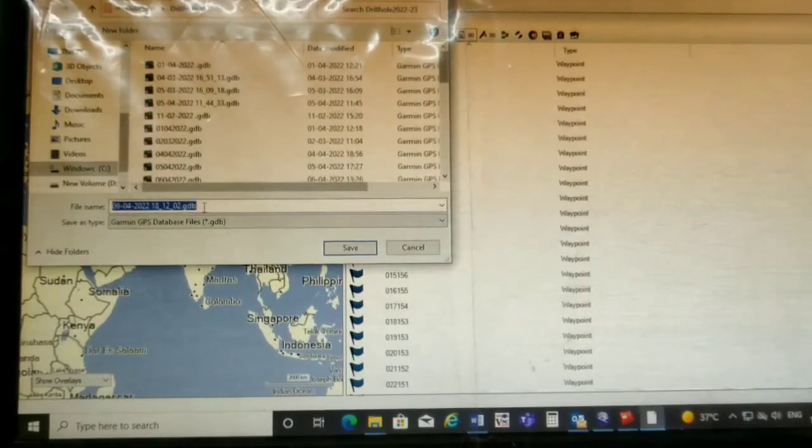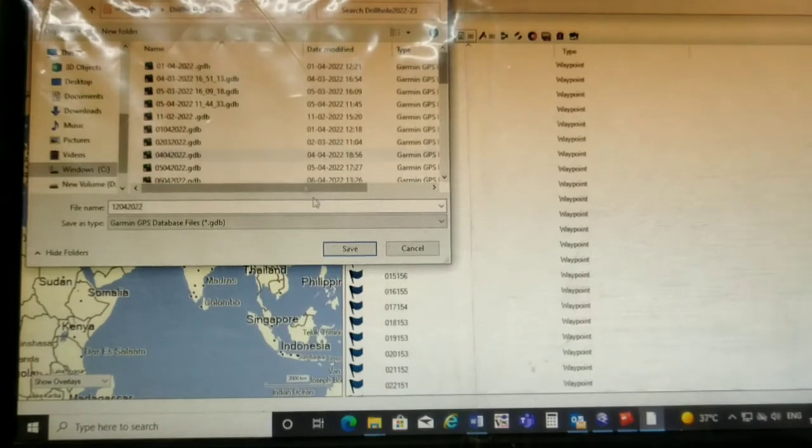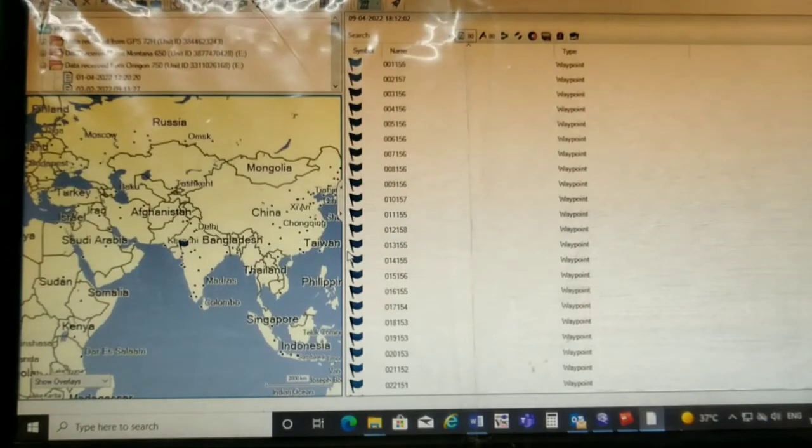We can give the name as our choice, like today's date, 12th of April 2022, and it is our folder where it is exporting. Save, and our data has been exported to GDB format. Now we can open this file in MapSource. We can't import our data directly in MapSource, so we are using the application Garmin Basecamp.